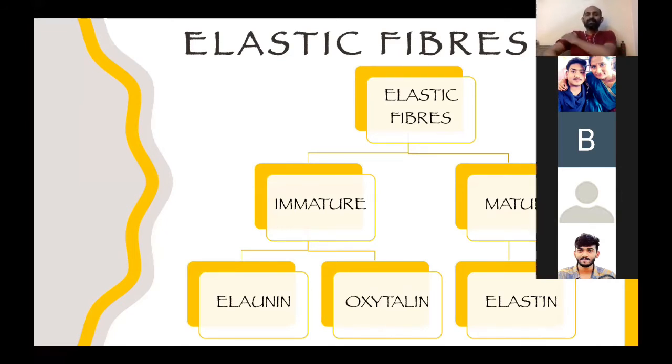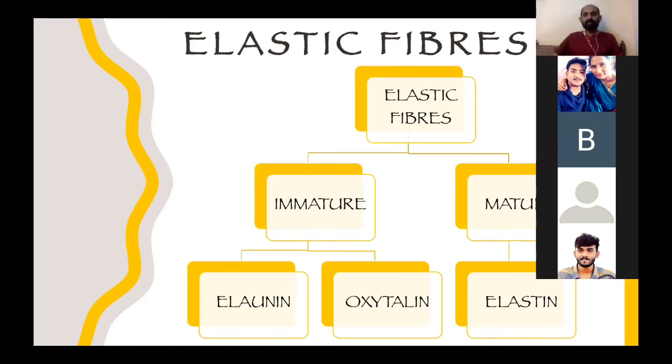Now why should these elastic fibers be present? If you understand the periodontal ligament, these fibers have to constantly expand and compress, number one, and number two, inside the periodontal ligament is connective tissue, with a lot of blood vessels. These blood vessels, the arteries and arterioles, also have to constrict and dilate. So for this dilation and constriction of the vessels of the periodontal ligament, they also need fibers. So these fibers are present in the periodontal ligament and have an association with the arteries or blood vessels of the periodontal ligament.